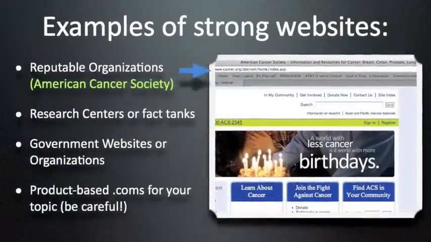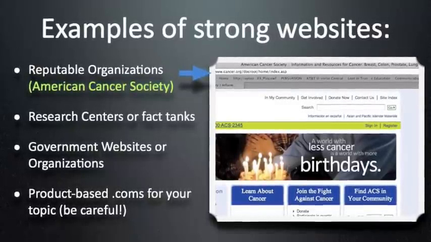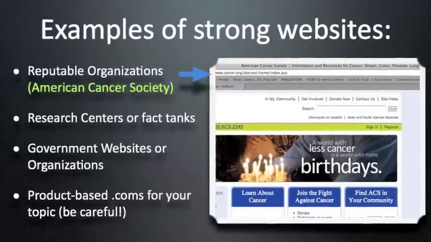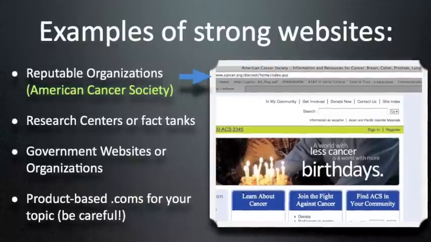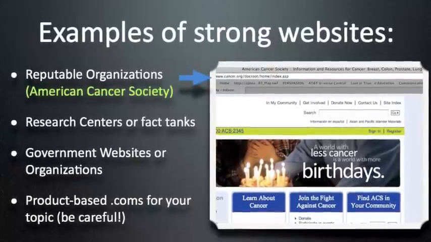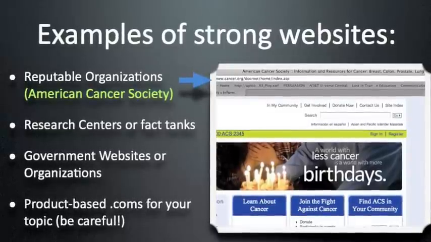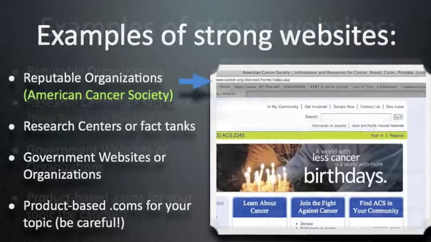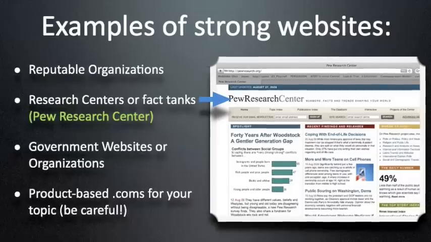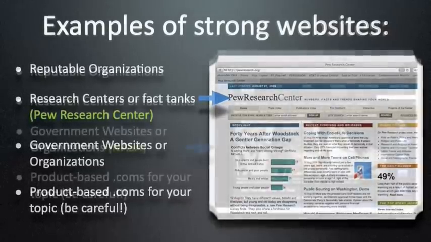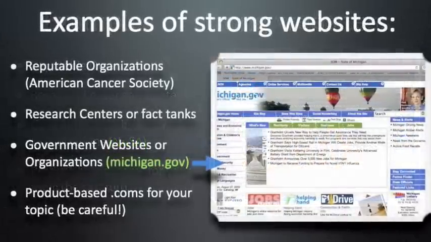Some example websites that might be okay to use are ones that already have built-in credibility. For example, websites that are from a credible organization such as the American Cancer Society. Now, let's say you were doing a speech on the cancer epidemic in America versus cancer statistics from around the world. If you said to your audience, according to the American Cancer Society's website, that's something that they can understand as credible. Some other types of websites that may be okay to cite are things like research centers or fact tanks, government websites or organizations such as NASA or Michigan.gov, or in some cases